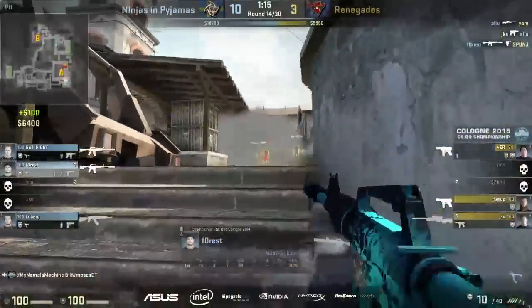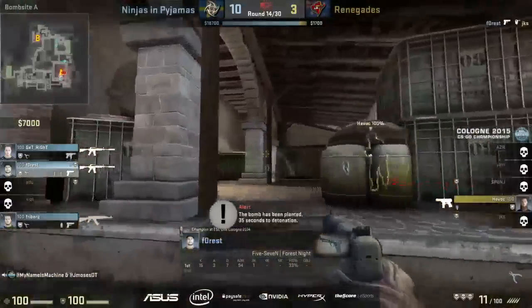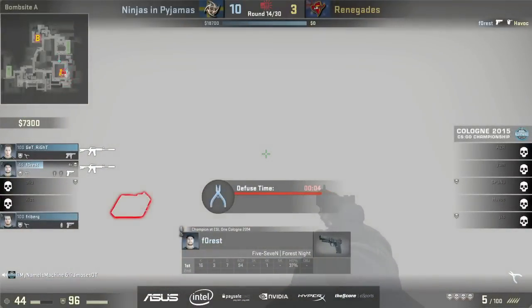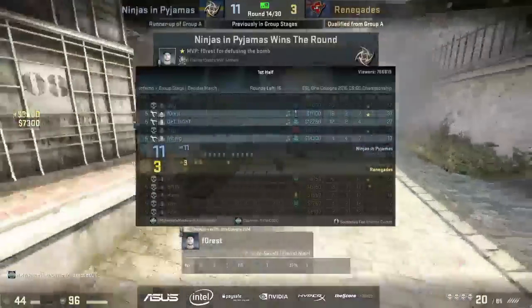He actually connects the no-scope. Forest is there as well with 2 from Pit, dancing around as he's trying to find a third. And he does through the smoke with the 5-7. Havoc is looking a little shaken, and he is going to be eliminated as well. Forest just puts that force to bed with 4 frags,